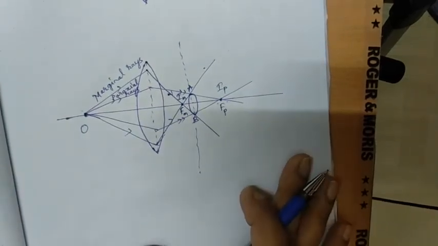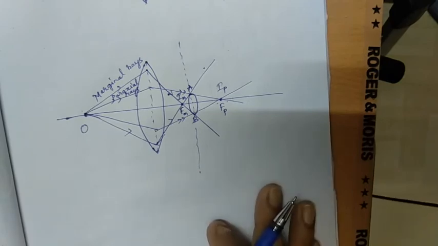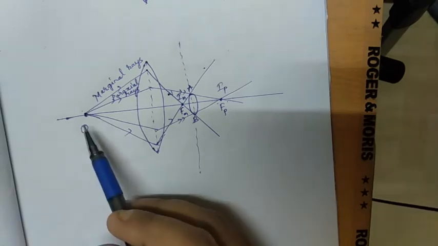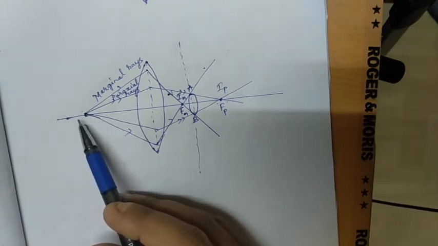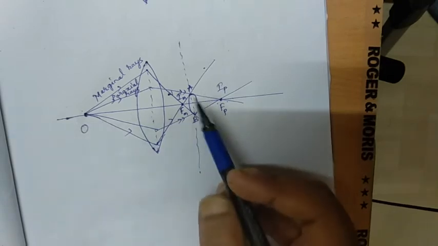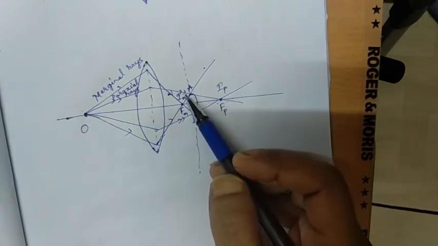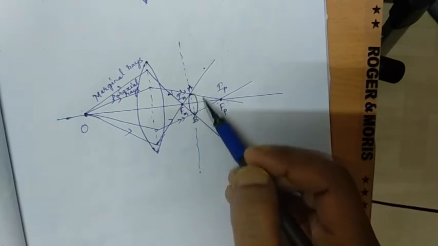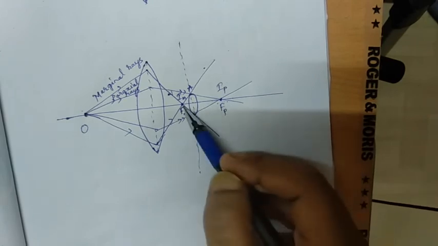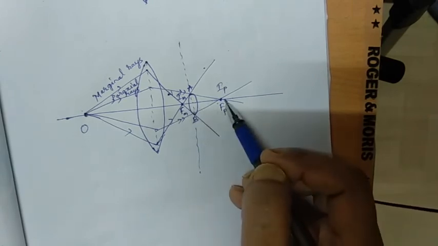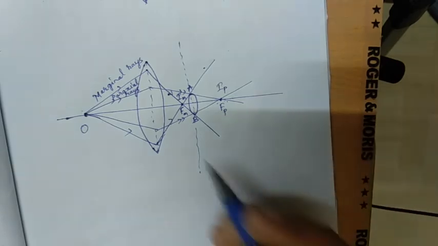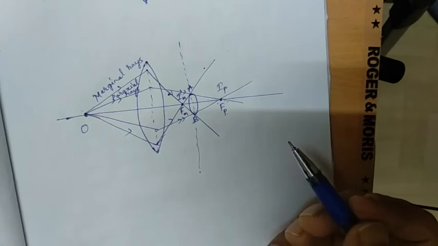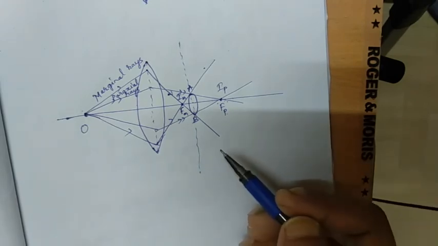So this is all about the spherical aberration, both for a wide beam of light and for a point object. And you have studied about the circle of least confusion. This is nothing but a circular disc kind of image formed between your two focus points, and this region, that is the distance between FM and FP, gives you the longitudinal spherical aberration.